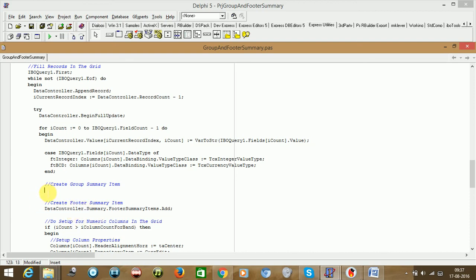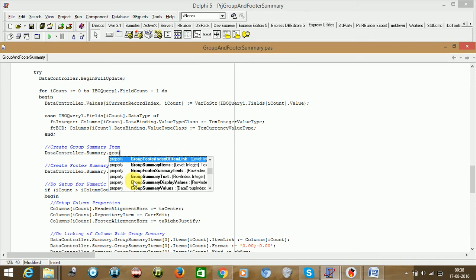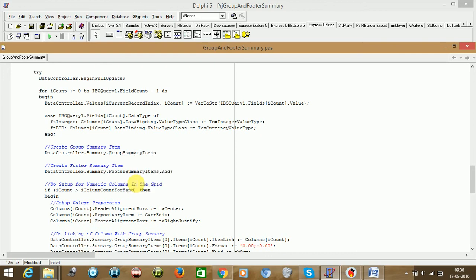As we have seen, there was an index here, so you also need to do the same thing here. So you would be telling group summary items, and just specify 0, because you will be creating a group summary based upon the 0th column.